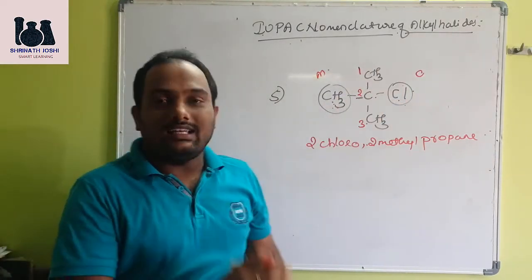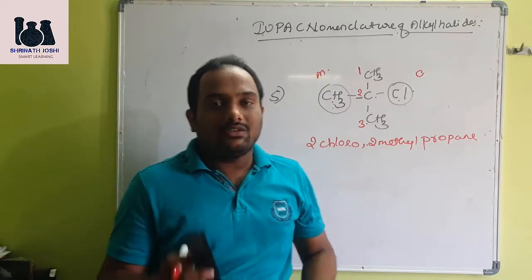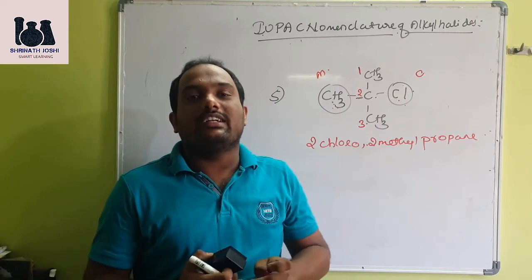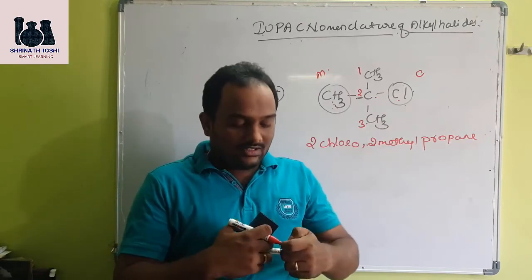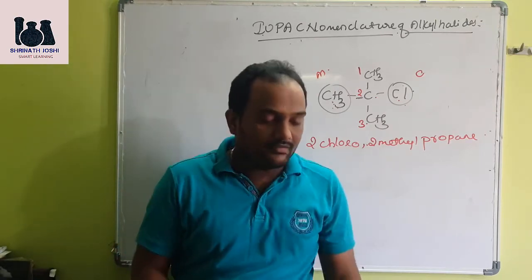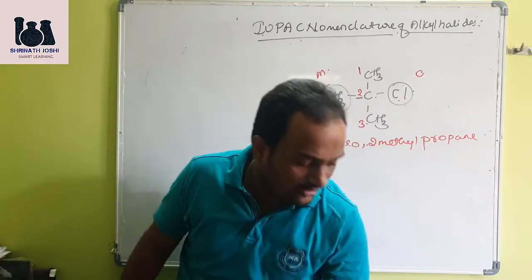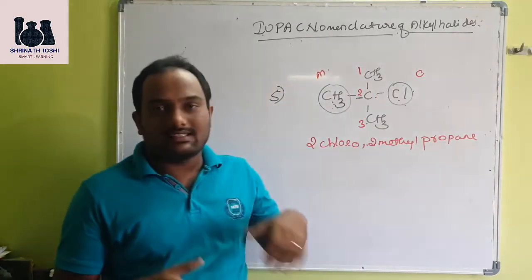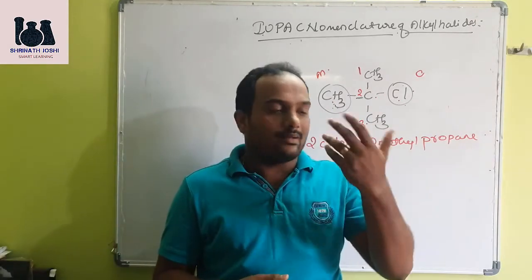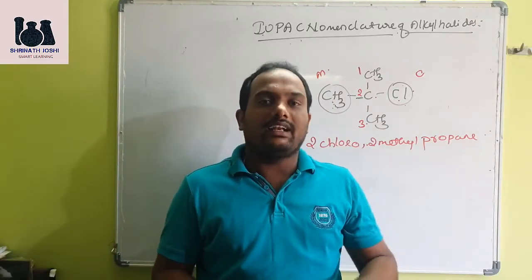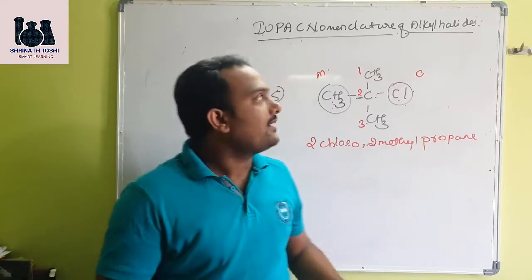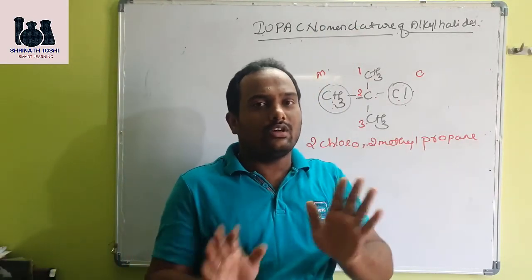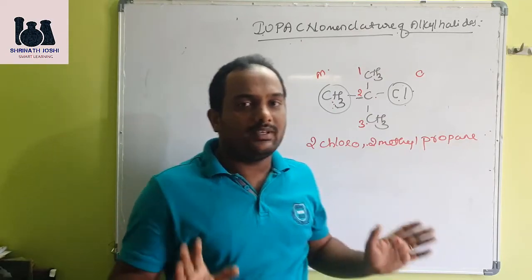This is how the alkyl halides are nomenclated. You try to nomenclate some of the different alkyl halides which I provide in the notes so that it will be helpful for you. Therefore, today's class we will wind up. We have discussed the classification of dihaloalkanes as vicinal and geminal. Then we have classified monohaloalkanes as alkyl halide, allyl halide and benzyl halide. Then we have vinyl halide and aryl halide. Also, we came across IUPAC nomenclature of alkyl halides using some 2 rules. I have not discussed the IUPAC nomenclature in detail.